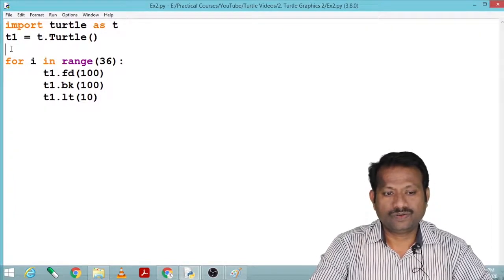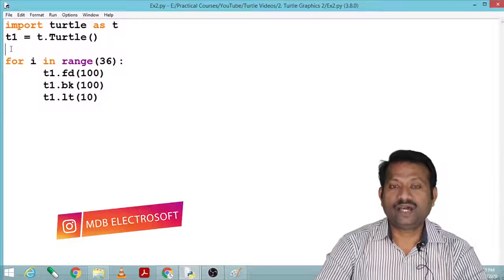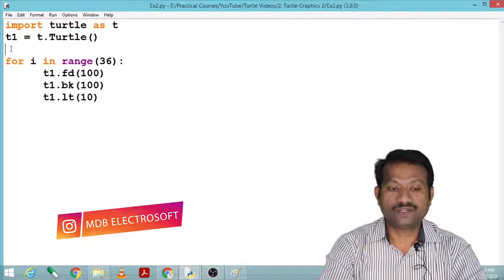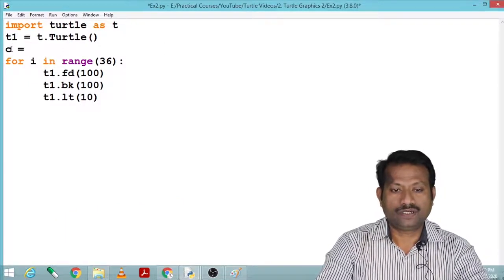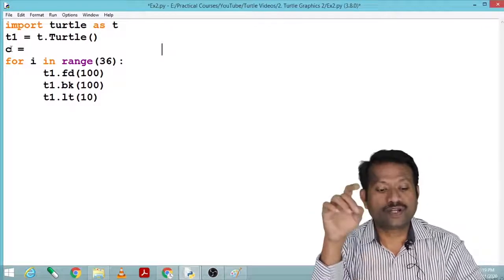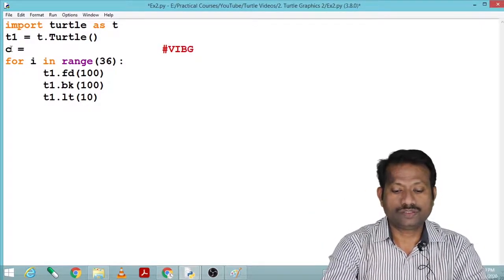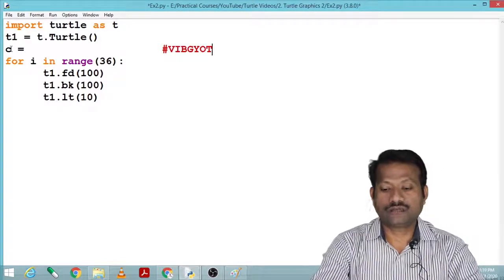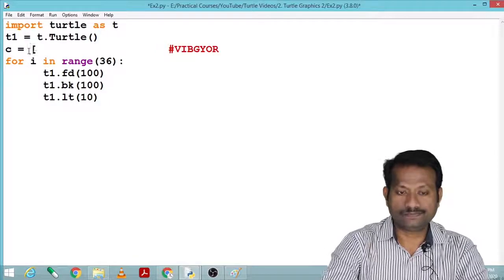So now let us make it colorful by using different colors. So I define one array of colors. So C equals to, I'd like to give the colors of the rainbow, and here I define those colors.